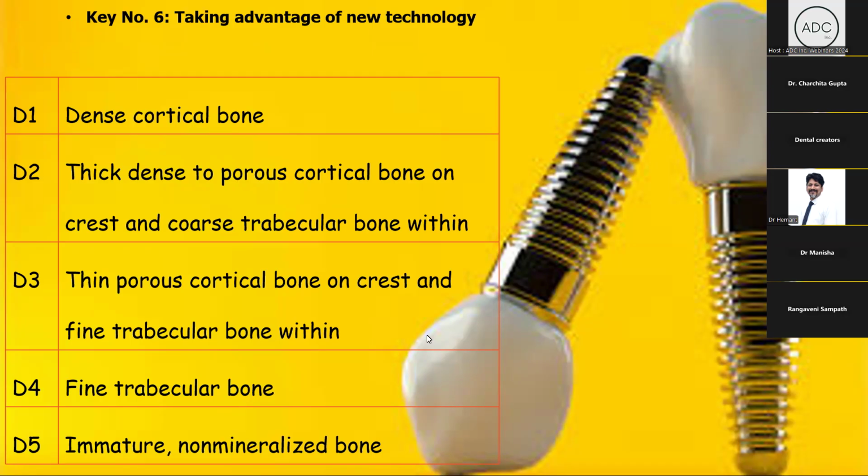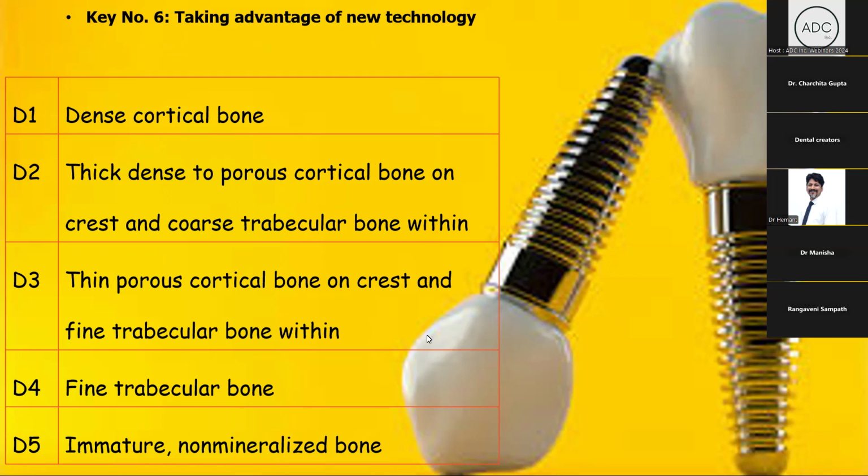The best bone for implant placement is D2 bone. D1 is the worst bone for placing the implant which we are using. D4 bone can be converted to D3 or D2. But D1 bone can't be converted to D2 or D3 or D4. The second main reason is